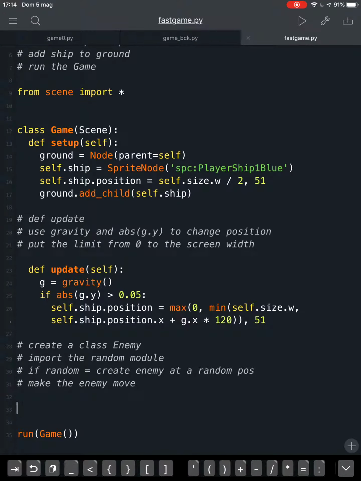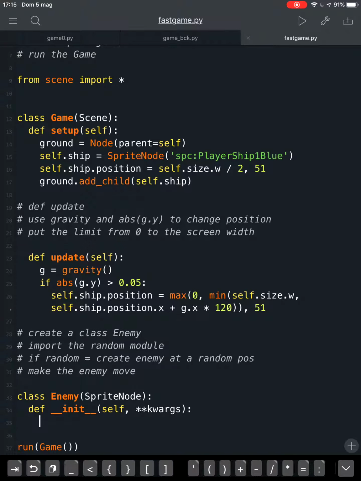Now we're going to create the class Enemy that will inherit from the SpriteNode subclass, and so we will create a function init that will override the SpriteNode class superclass init method